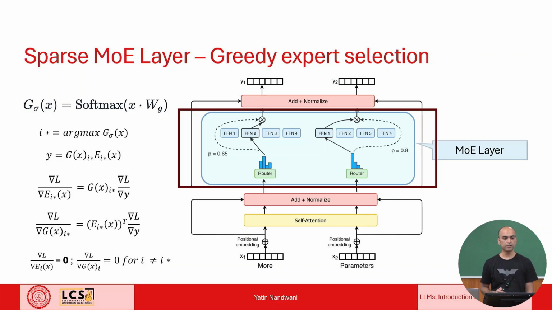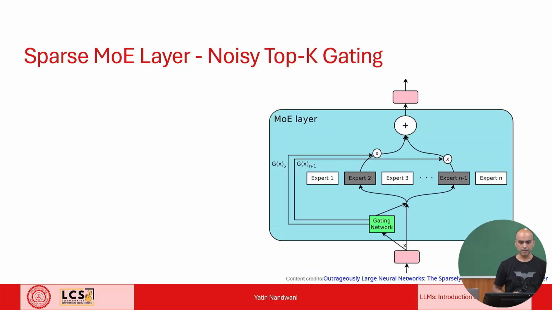This specific sparse mixture of experts was used in Switch Transformers. And there are other ways of introducing sparsity. For example, one of them is noisy top-K gating. This was introduced by Noam Shazeer in an MoE architecture which was using LSTMs, which came before Switch Transformers. And there they chose two experts instead of one.